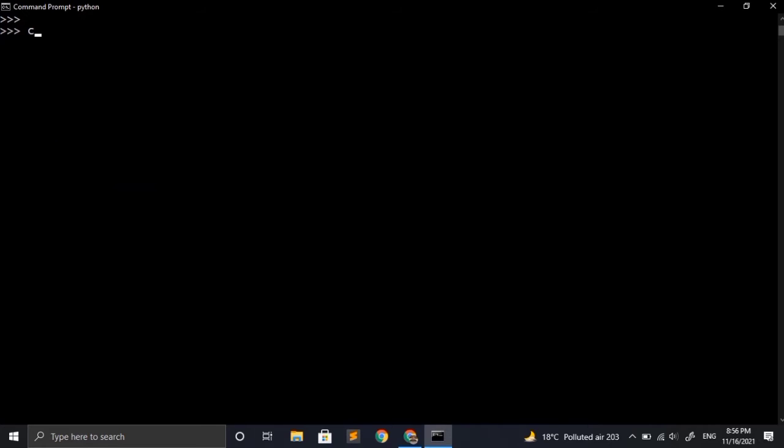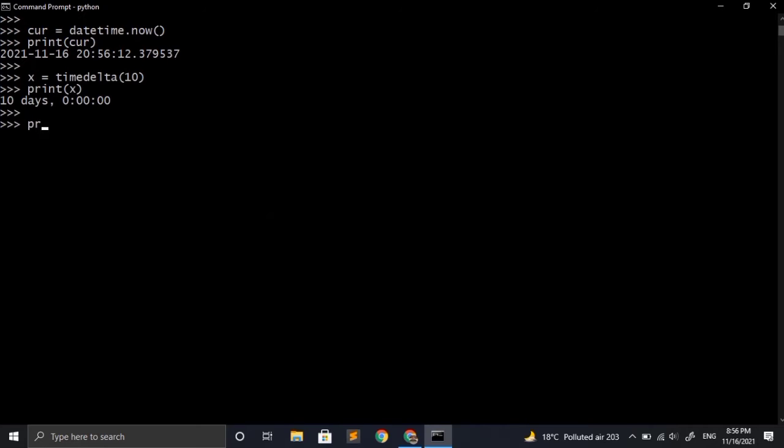Now let's make a datetime object which will provide the current time, and for that we have to write datetime.now. So here I am just printing the value using the print function. So now let's make a time delta object, and now I am going to give only one value, which is number of days, and I am specifying it as 10. So if I print it, it shows 10 days.